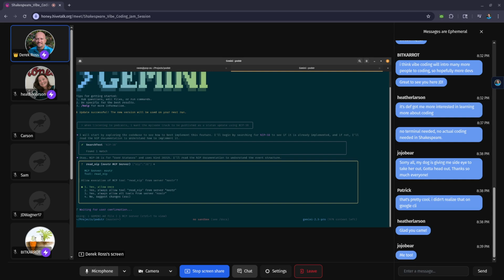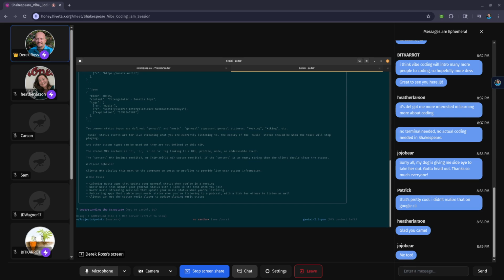So it's searching. It did a search for NIP38. It already figured out that NIP38 is user statuses. It's this kind number. It's going to read the NIP documentation. It's going to connect to that server I talked about. I'm going to say yes, always allow from the Nostr server. So it's going out there and it's reading how